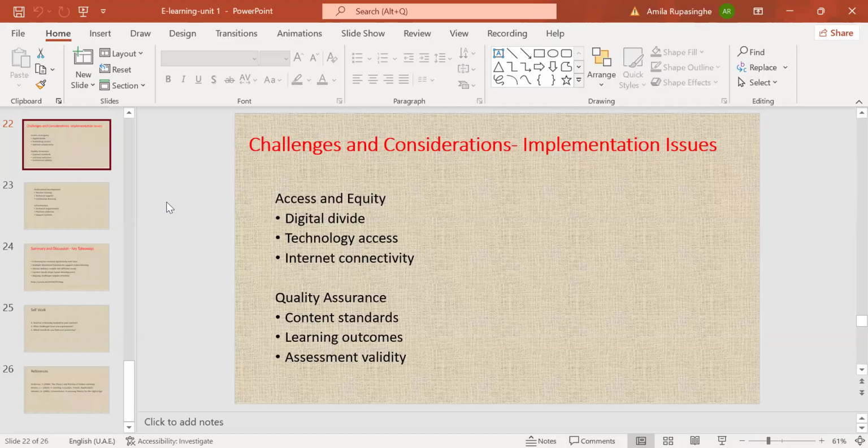Under that we can explain digital divide. Some people have devices, some people don't, therefore there is an inequality between different groups, technology access and internet connectivity problems, right? I'm talking about challenges that we have to face when we do e-learning.